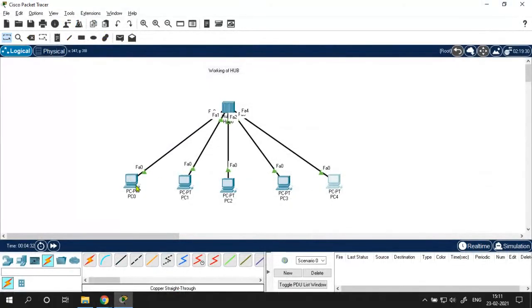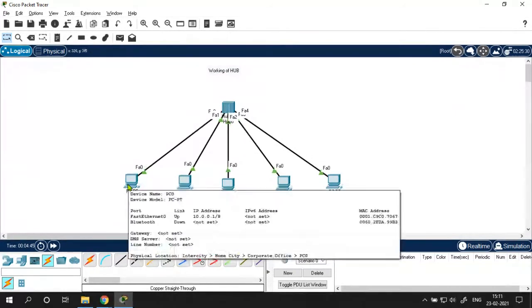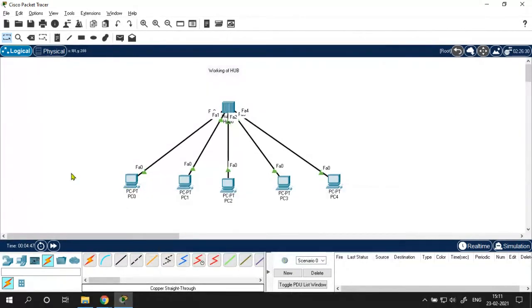So see, this time, can I ping PC number 4 from PC number 0? Can you check whether this host is reachable or not? For example, I can also show you the basic networking command in a real-life scenario also.